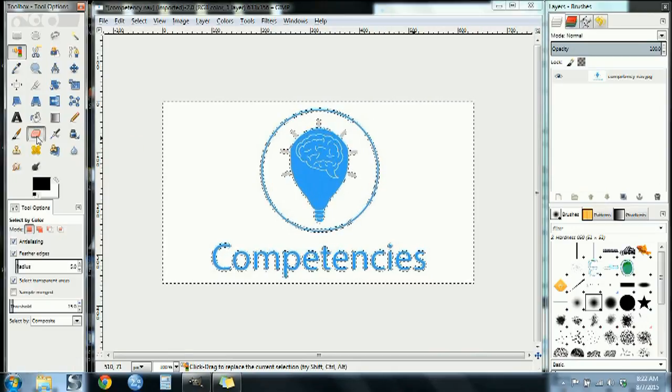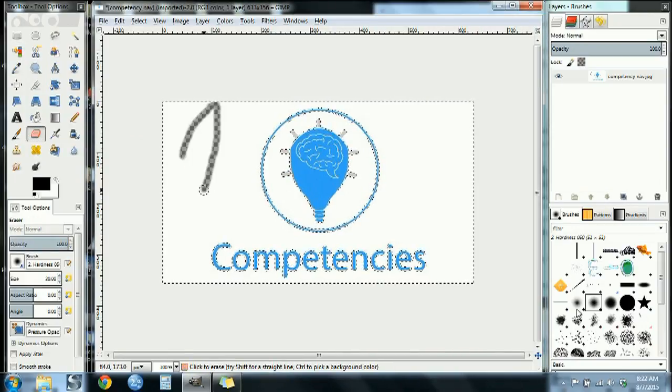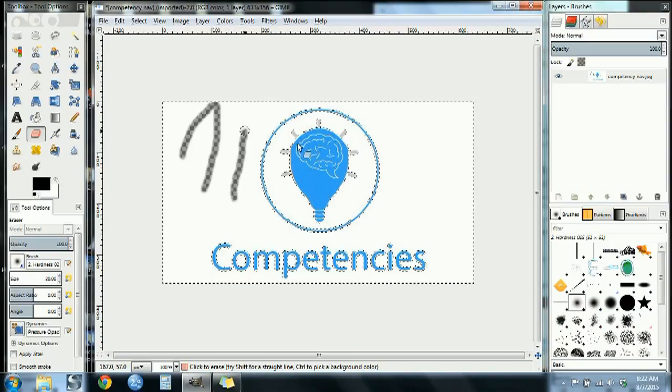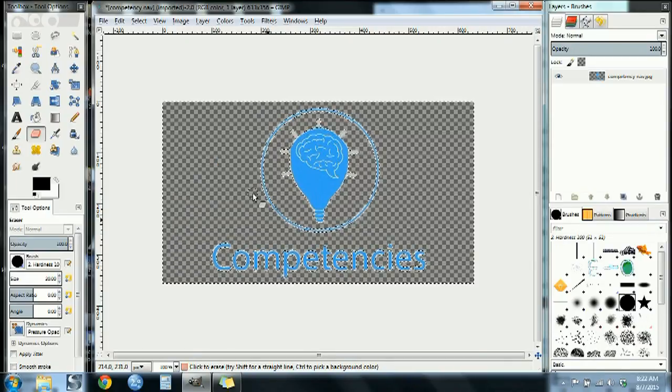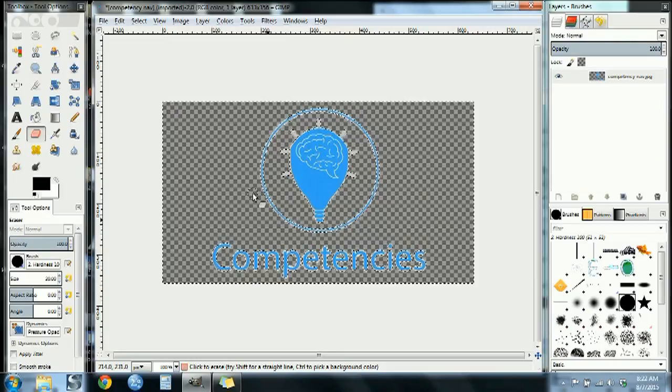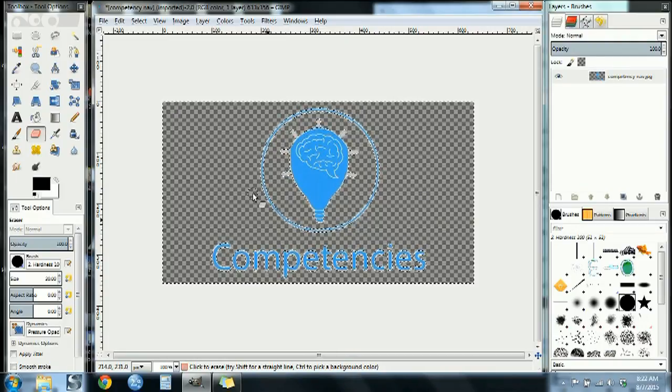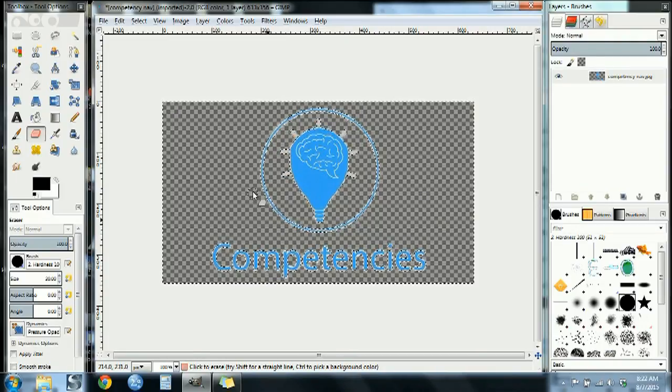There's two ways you can do this, and I'm going to show you the hardest way first. So you go over here to the eraser, and you can start erasing. And I'm showing you right now the differences between the brushes. Those four are your main ones, and as you see, it's really just a soft edge to a hard edge. Or you can just press delete, and it gets rid of all of it for you. Sometimes one is preferred over the other. In this case, we're really just trying to get rid of white, so there's no need for the fine detail